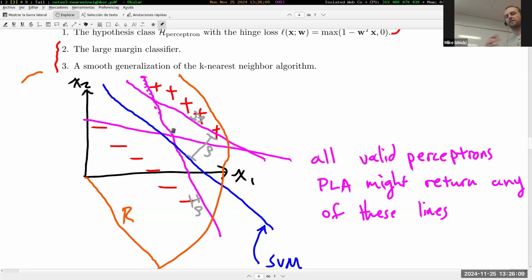It's just going to find us some hypothesis with zero error. And so any of these magenta lines right here, those are valid hypotheses for the PLA to return. But the support vector machine, one of the nice things about it, the reason it is a large margin classifier, is because if the data is linearly separable, it's guaranteed to give us the hyperplane that separates the data with